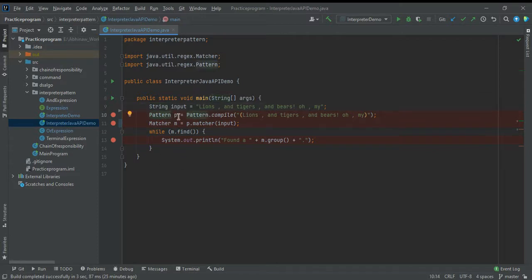What I'm doing is using Pattern compile, and you can define your matcher. Here I've just passed the whole input, but you can do anything. You can input lions only, tigers only, or bears only if you want to choose one. And this is a simple while loop, which will loop till it finds the input that you wanted to see. So if I run this,